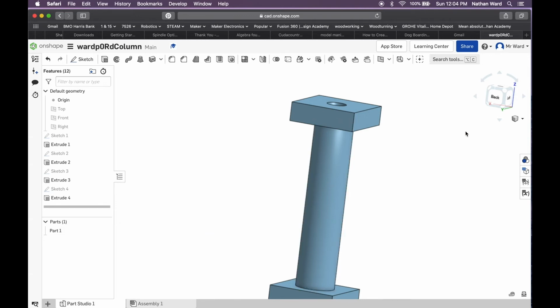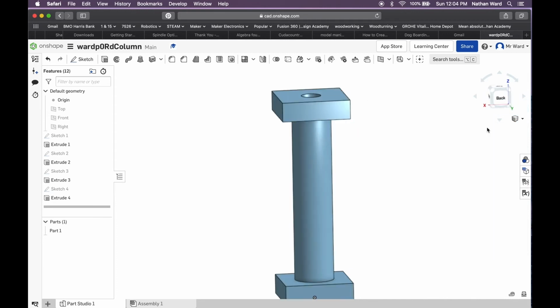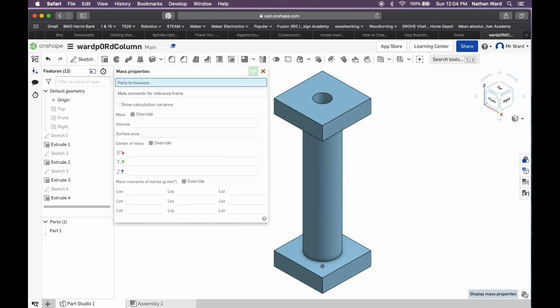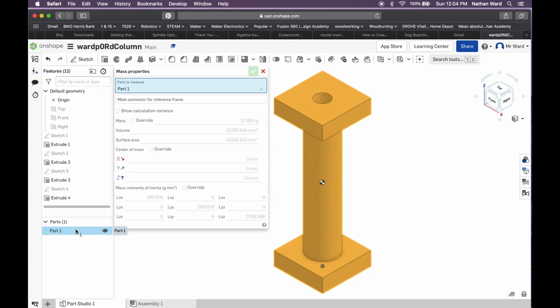All right, so let me change this so we can view it a little bit better. All right, so there we are back in isometric. Now, down in the bottom right-hand corner, you can see there's a measure tool where I can measure something. And then there's a display mass properties. So let's go ahead and do that. And then you can see that it's asking, well, what parts do you want me to measure? Well, we want you to measure part one. So there's part one,